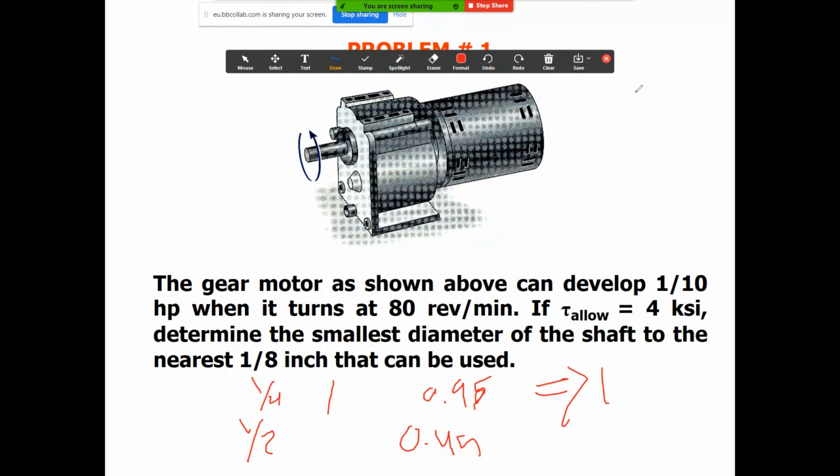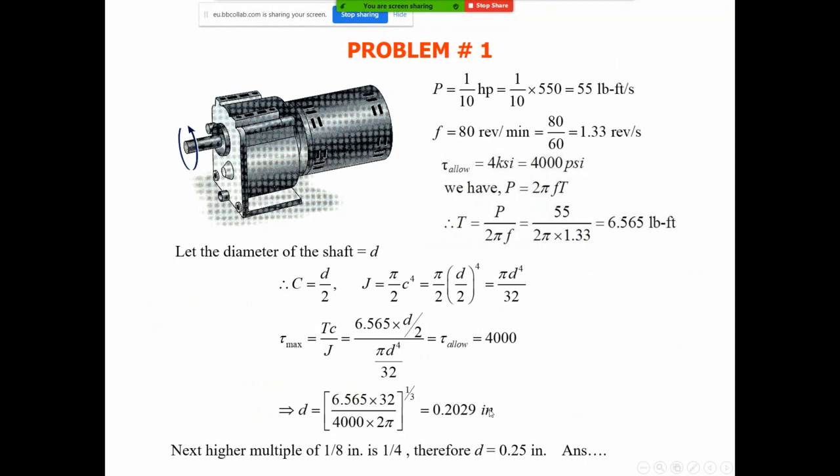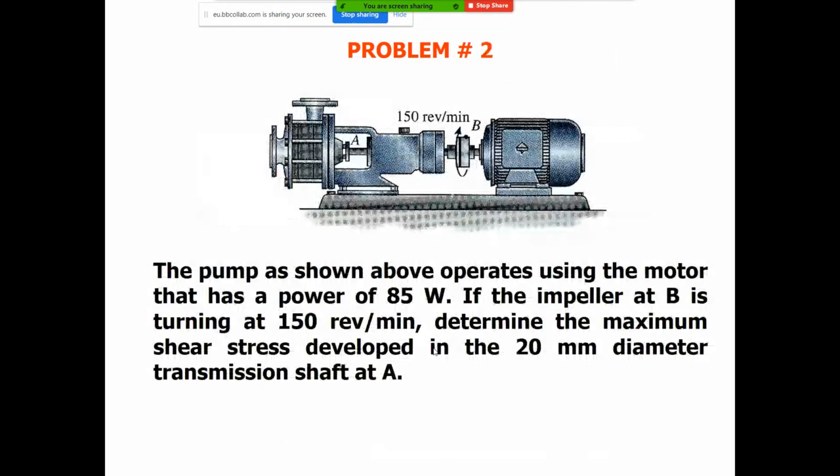Is it clear? About the 1 over 8: the 1 over 8 is a rounding number, not a multiplier. Even if you keep it like that without rounding to 1/8 or 1/4, it's okay. Is it clear? Now, guys, we will come to another example which is related to the pump